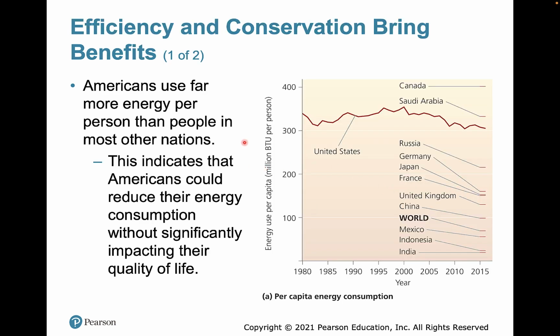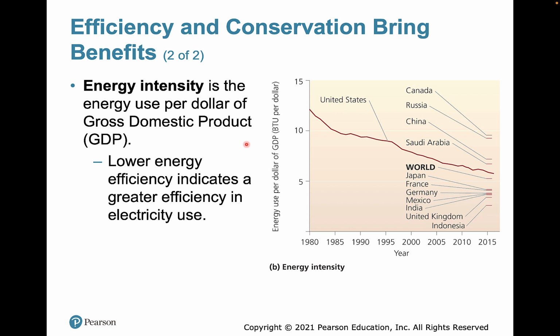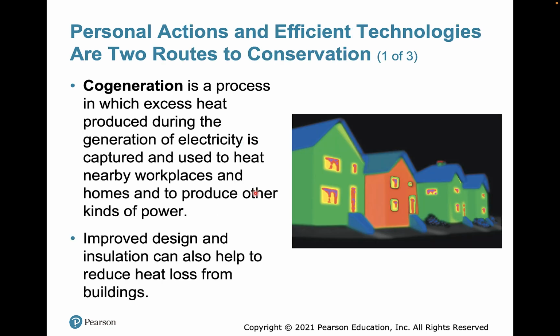Okay? We use a lot more energy than other nations, so we could probably reduce our consumption without really suffering too much. We are going to skip that. This idea of cogeneration is cool. So cogeneration is where you take excess heat produced during electricity generation and use it to heat nearby workplaces or